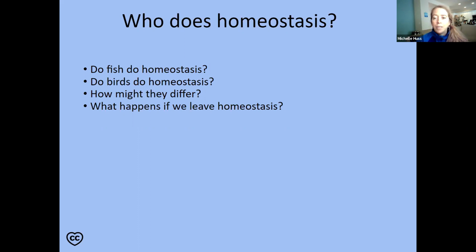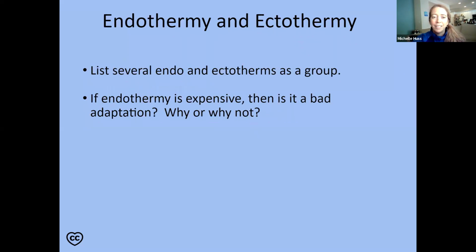Do birds do homeostasis? Yep, right? Totally different though, right? Because they have really warm bodies and we don't. Our bodies are warm, but not as warm as birds, mostly. Birds are much warmer than ours. What about reptiles? How do they deal with homeostasis? All of us do. And we might want to put in the chat something about how they might differ. Like how do reptiles regulate their body temperature versus me and you? It's different. Yeah. And if we leave it, what happens? Sick or die, sick or die. Oh, it's cheerful today. Okay.